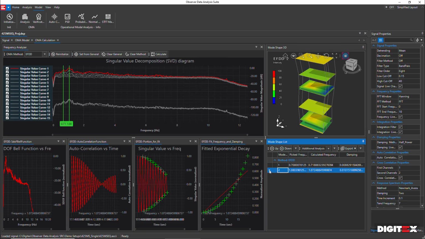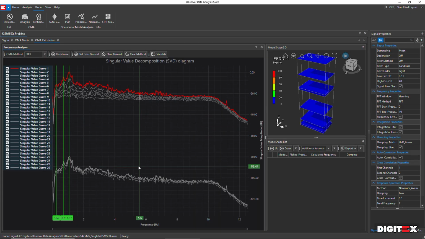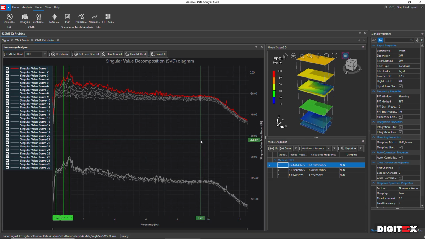What we should do next is not stop here using just one simple method, but use several different methods with one simple goal: to confirm that the identified frequencies are really the ones we need. For that purpose, I can just select, for example, the basic frequency domain decomposition method, which I'm going to use, and I have selected three different frequencies in this case. This is no problem at all because the program can calculate any frequencies that we pick from the SVD diagram. Now, if we press Calculate, we're going to see the calculation by the software,